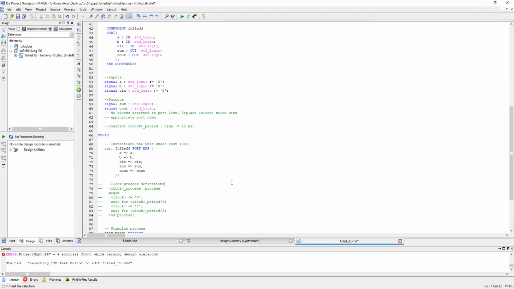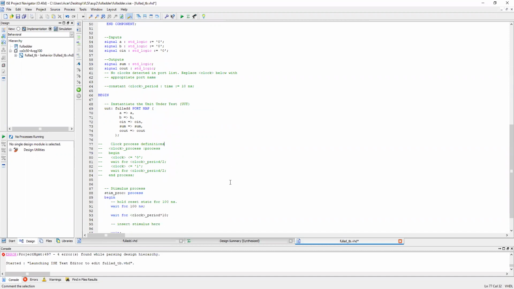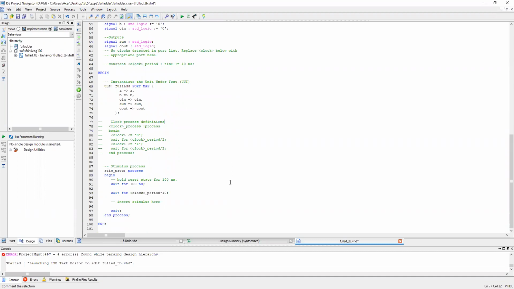Means now it will not be considered in the synthesizing process, or in a simple way you can see. And here now you have to write the test bench in the stimulus part. After this, begin. Okay. Enter. Here you have to write the test bench manually.